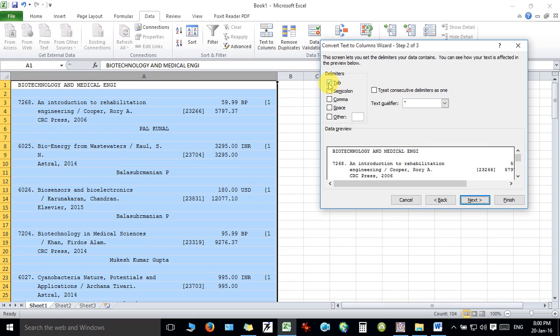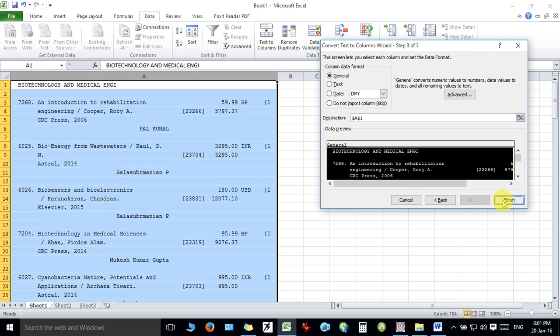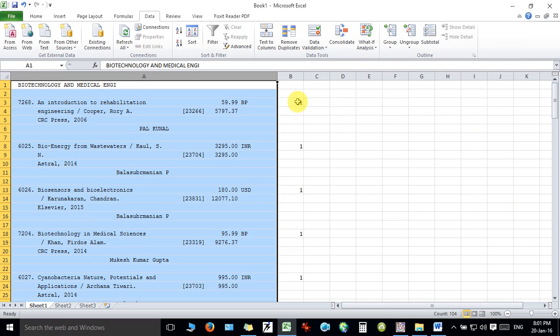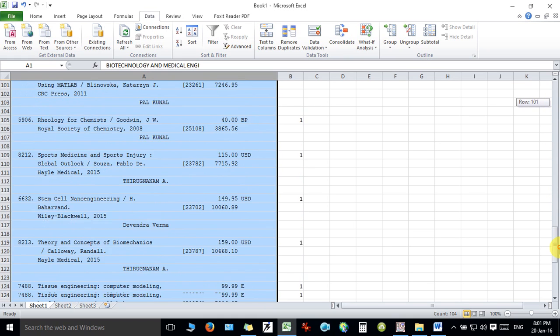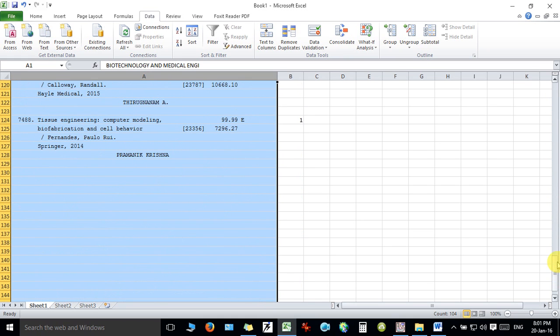Uncheck Tab, select Other, and press the character which you added before the quantity. For the text qualifier, select None, hit Next, and then press Finish. You can notice it has successfully taken this particular value to the next column. Just check it once to see whether anything is missing or left.